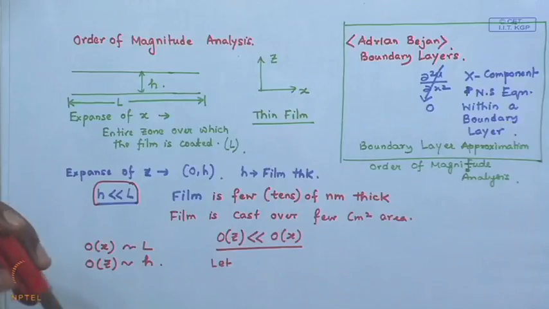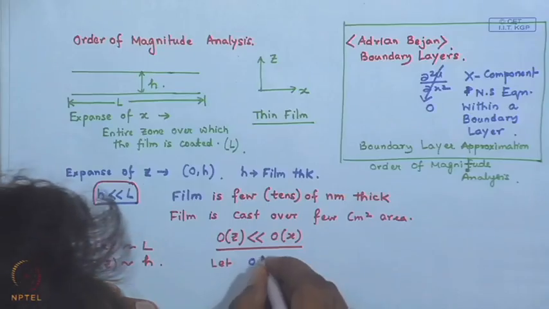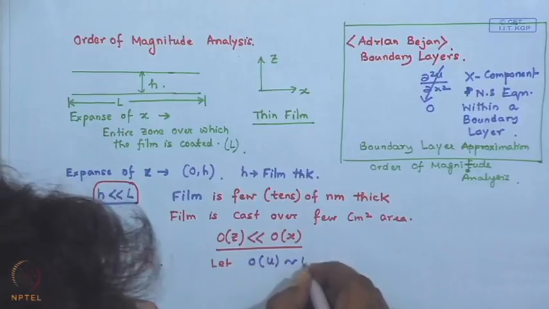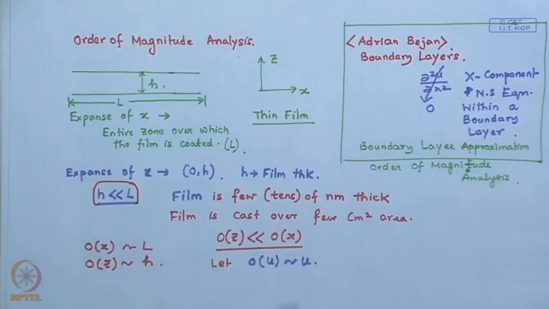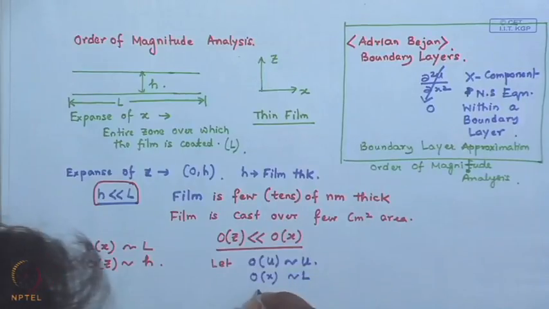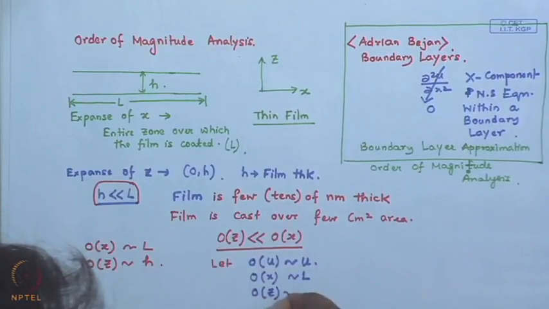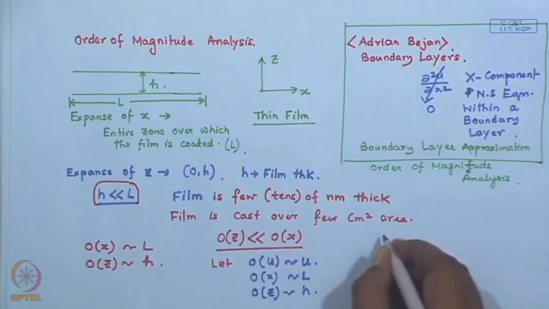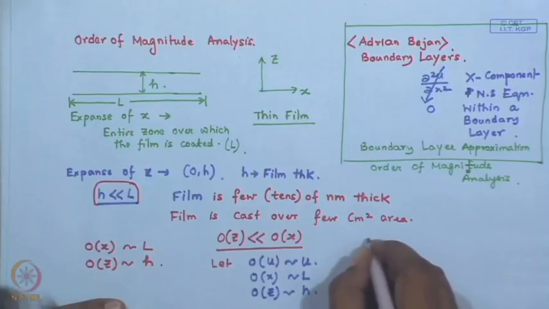Okay. But still it works remarkably well for unknown systems, or to identify the importance of different terms in a particular system, and that is why we will discuss the order of magnitude analysis. Now, let us assume that the order of u be that of u, and we also have the order of x to be L, order of z to be h. Now, if you look at the continuity equation,